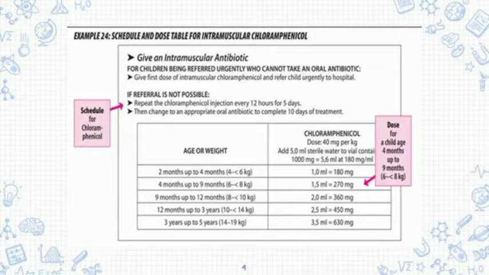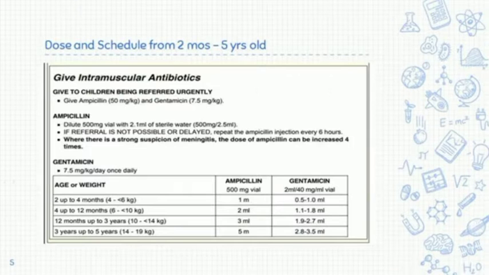There are specific doses given the age or weight of the child. If referral is not possible, repeat the chloramphenicol injection every 12 hours for 5 days. Then change to an appropriate oral antibiotic to complete 10 days of treatment. This table is showing the dose and schedule of the 2 antibiotics for children aged 2 months to 5